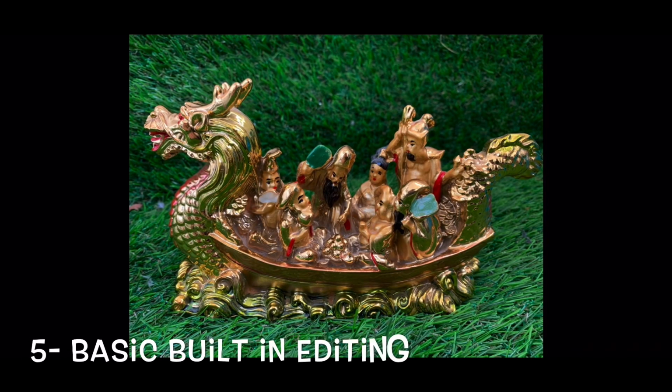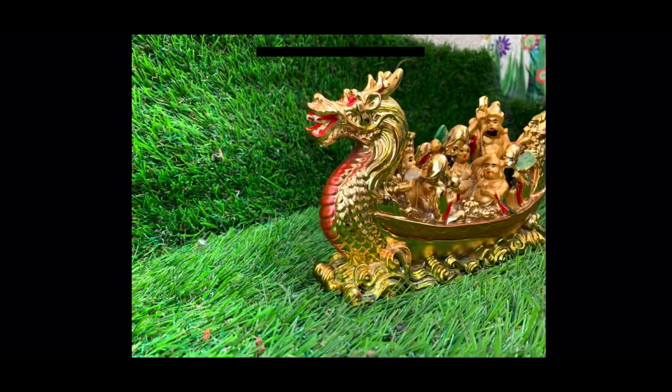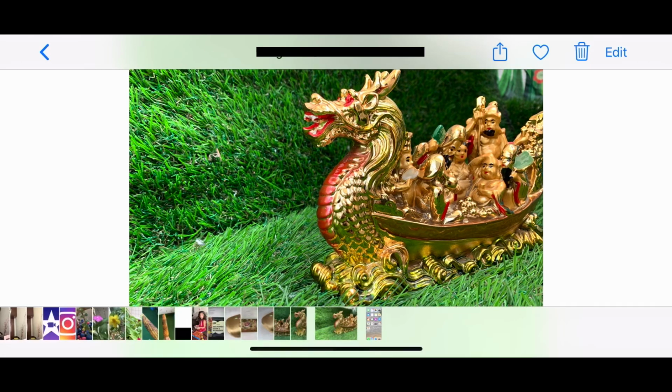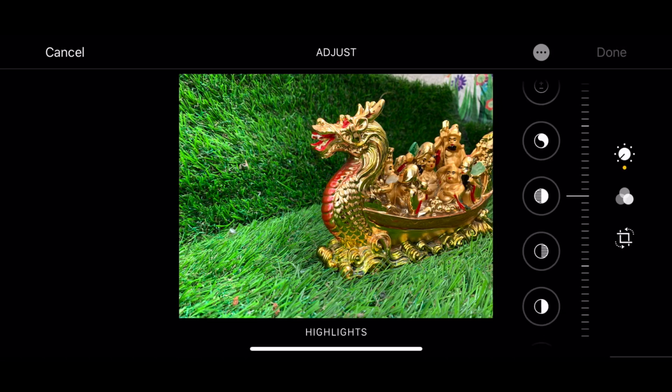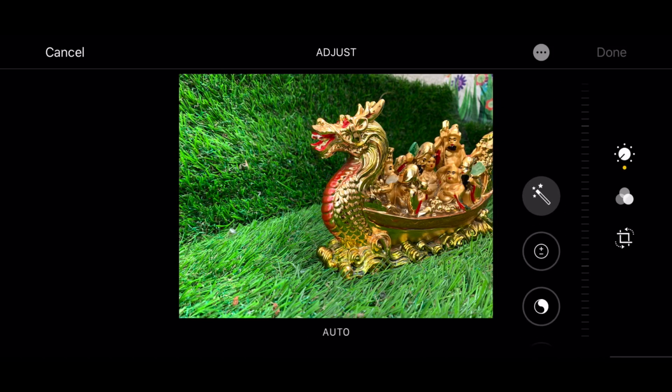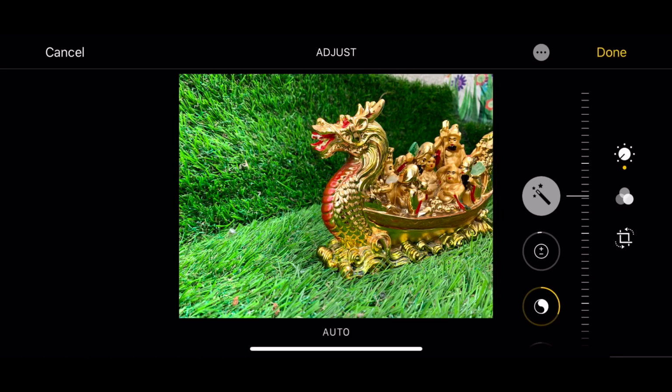Okay, now that you know about the rule of thirds in photography, let's get into the built-in editing features that we have in any of the iPhones. If you see this picture, it's slightly dull and can be improved, right? So you have this built-in option. If you go into the edit section, all that you would see is a magic wand, in case you want to select the exposure, brilliance, highlights and many different options. But imagine if you select the magic wand, it would do all the editing for you. Do you see the difference now?